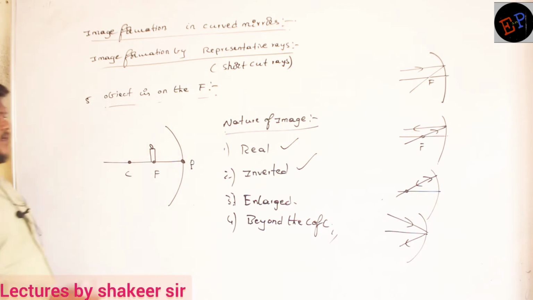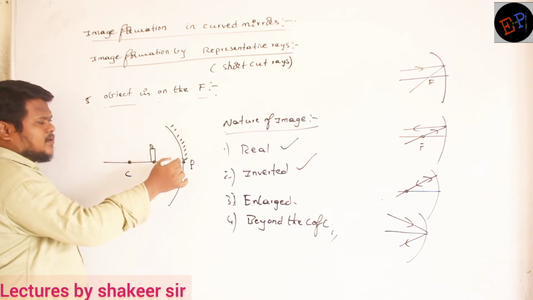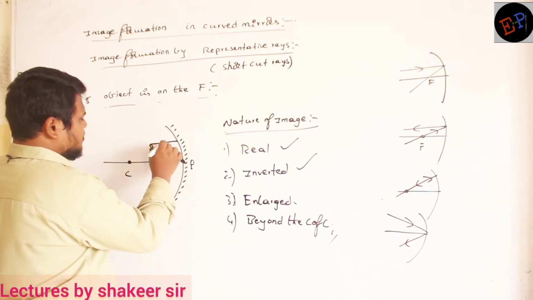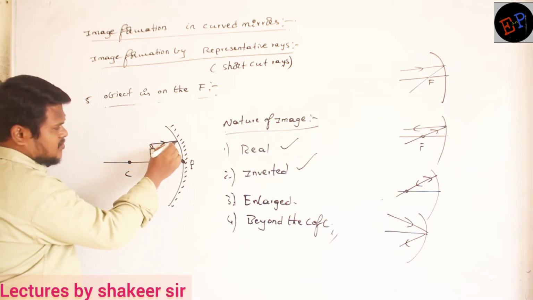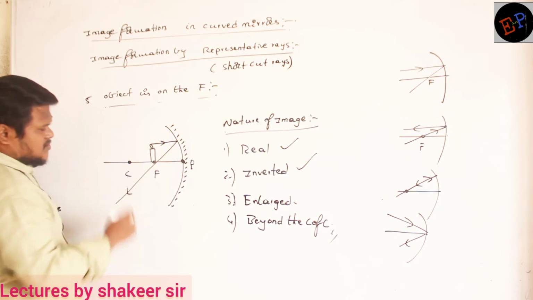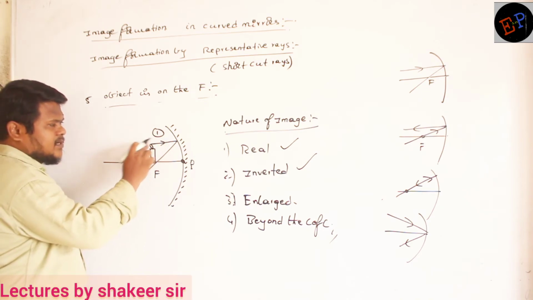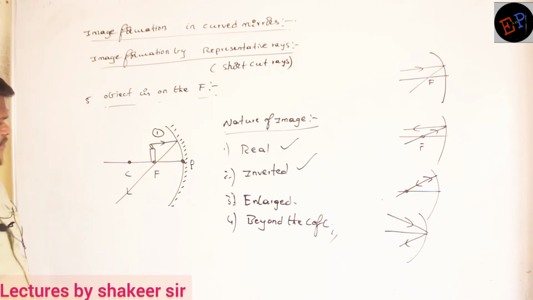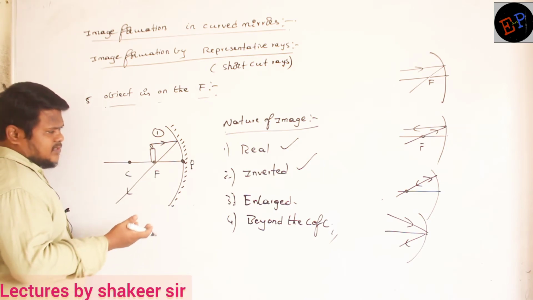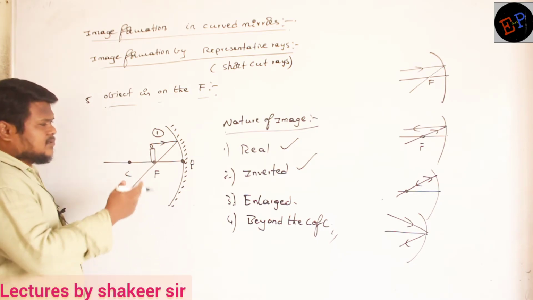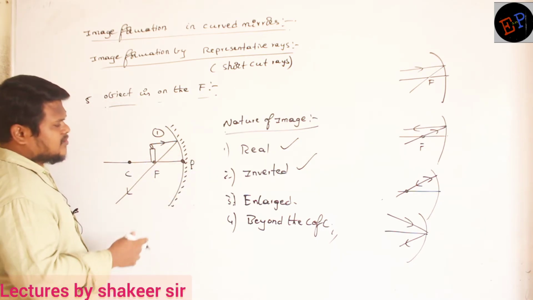And this is what kind of mirror? Concave mirror. So light rays passing parallel to the principal axis, after reflection, should pass through the focus. That's all, ma? This is ray number 1, passing parallel, passing through the focus. Clear? Then ray number 2 I cannot write here. Light ray passing through the focus, here it is not possible. So I will use either ray number 3 or ray number 4. Let us use ray number 4.